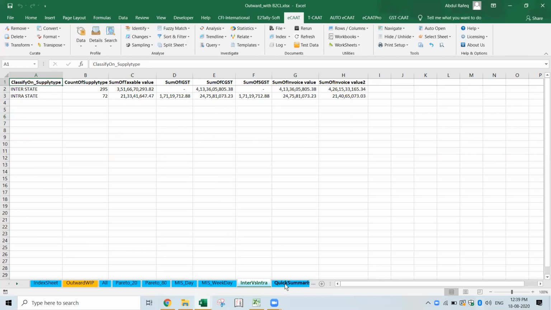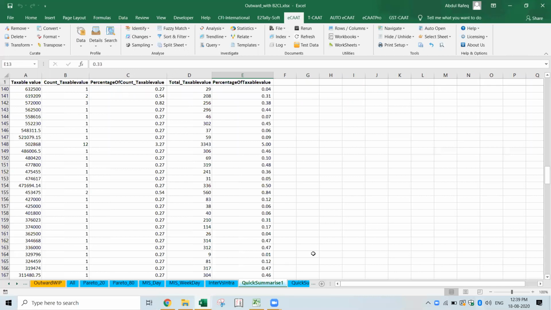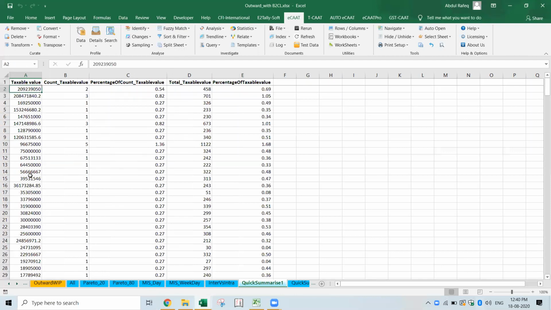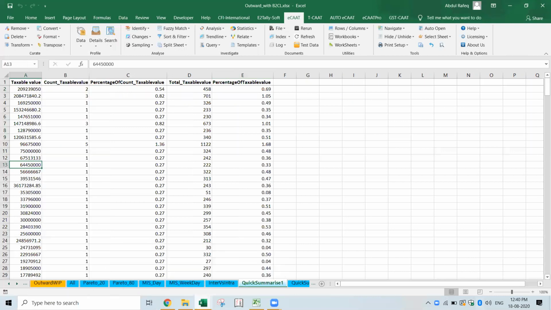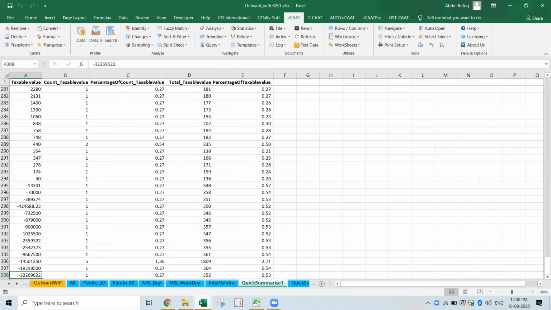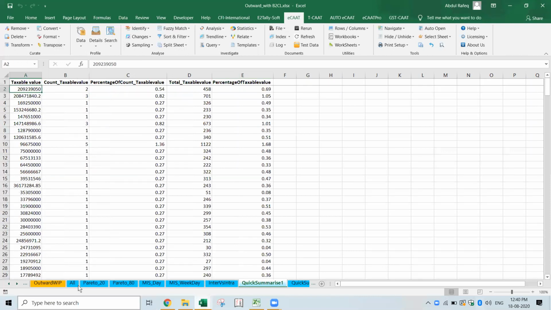Again, if I give another thing called summarize, in this case, what I did is for each unique value of sales, I want to summarize and get the total numbers. For example, all the sales which have happened during the year, it identifies what is unique in that. For the distinct value, it tells me what is the count and what is the sum.